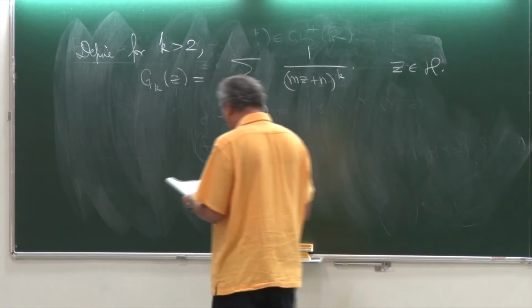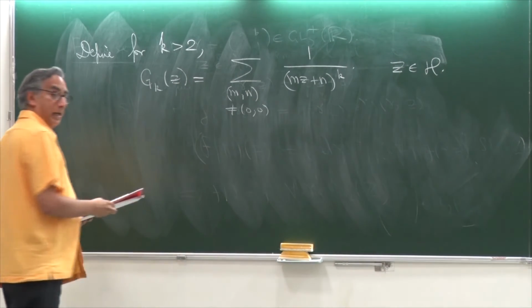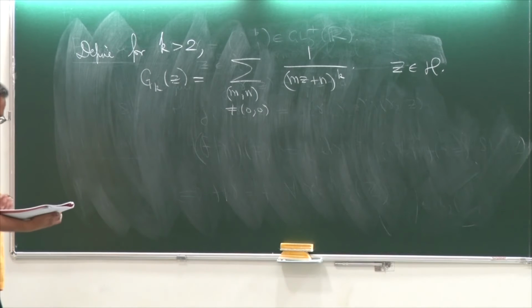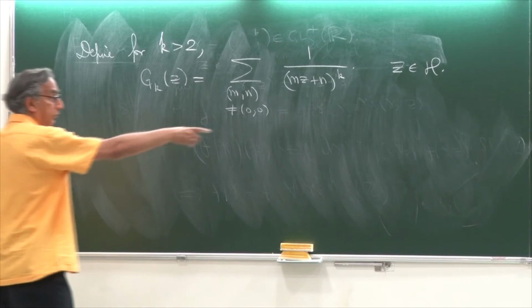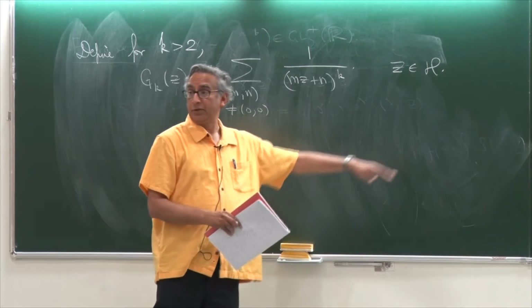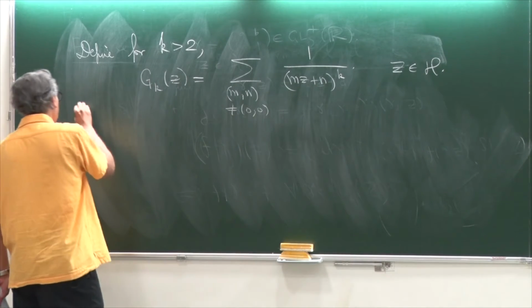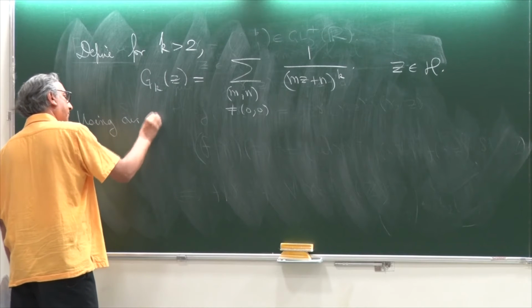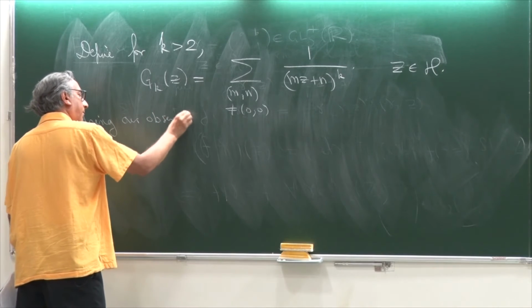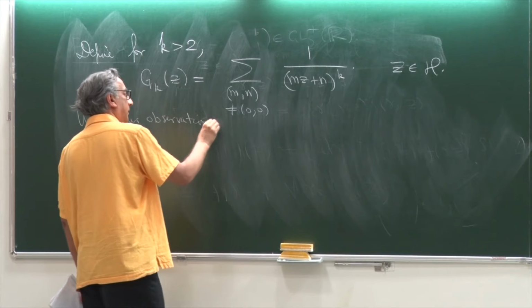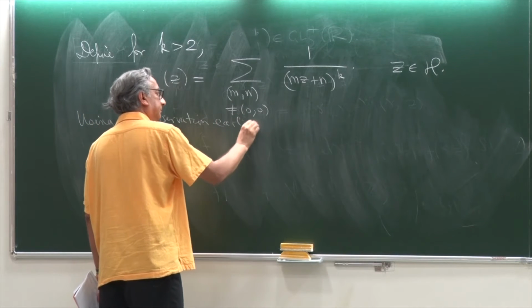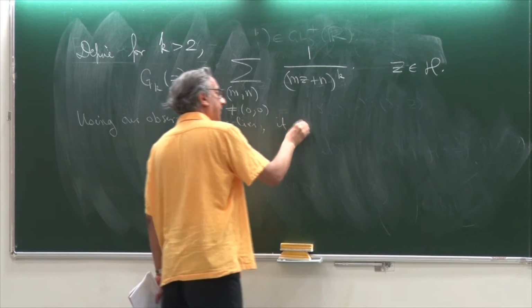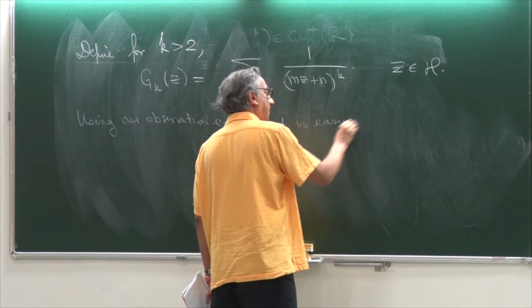Z is the upper half plane. And I'm going to leave the question of convergence as an exercise. You will need to use this observation to study convergence. Using our observation earlier, it is easy to show